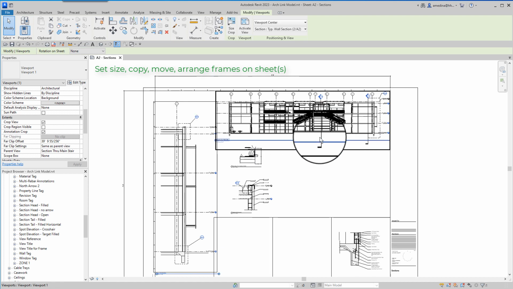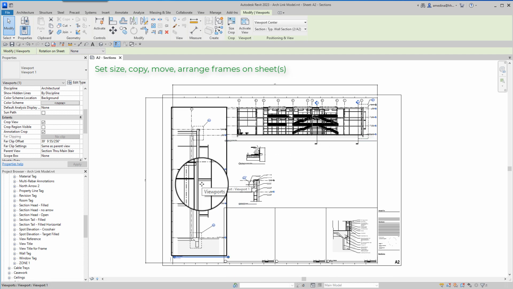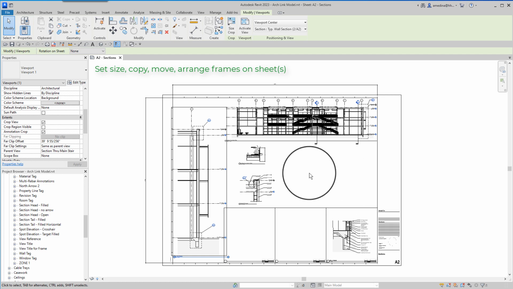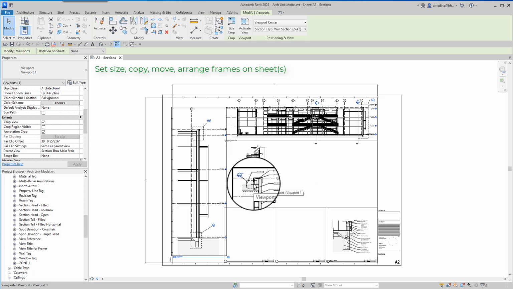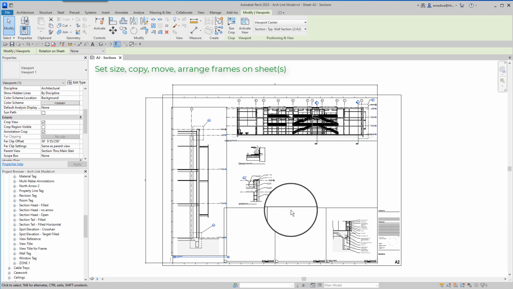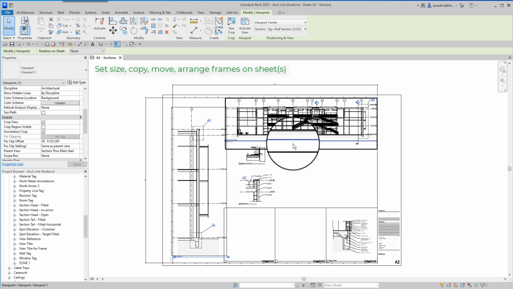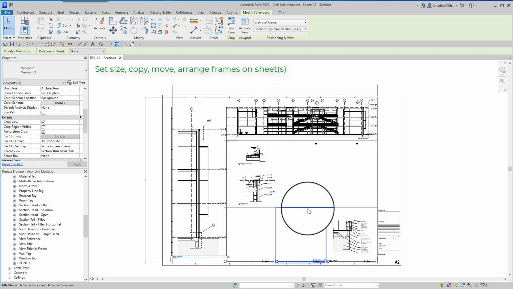More likely you will have a page dedicated to maybe 3 wall sections, another page dedicated to maybe 12 details of different dimensions, and maybe another sheet just dedicated to the elevations. So with these frames, you could make arrangements to organize your views.